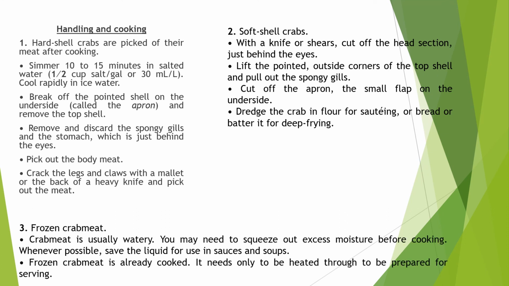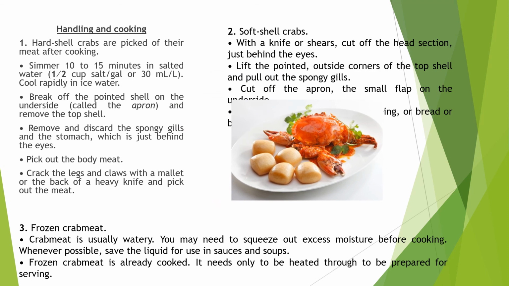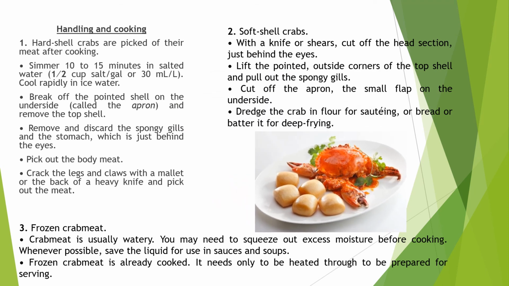For soft shell crabs, cut off the face with a knife or shears. Lift the pointed ends of the top shell at the corners and pull off the spiny gills. Cut off the apron. Dredge the crab in flour for sauteing, and in breading or batter for deep frying. And for frozen crab meat, of course, as I mentioned to you, you can check this information in your handouts. And over here we have a plate with a